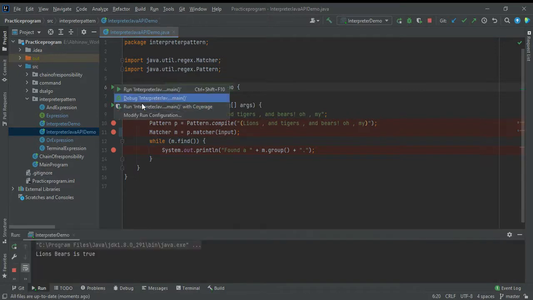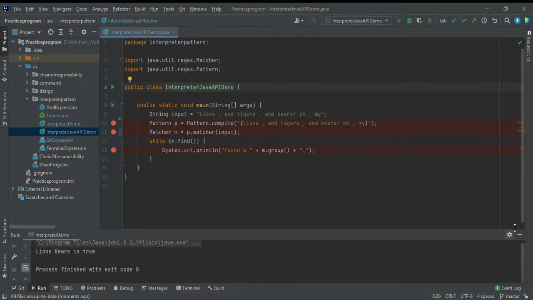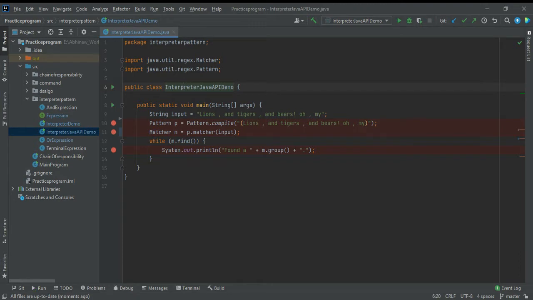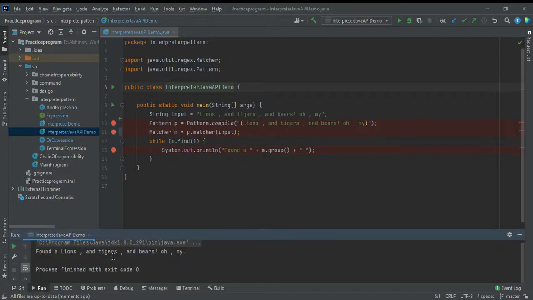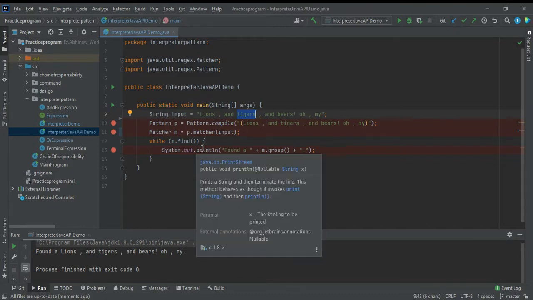Sorry, I ran a different one. So if I run this, let's go to the terminal. You can see it found lions, tigers, bears. Oh my, because I have passed the entire sentence. You can choose either lion also, tiger also. This is what the interpreter pattern does. It interprets your string